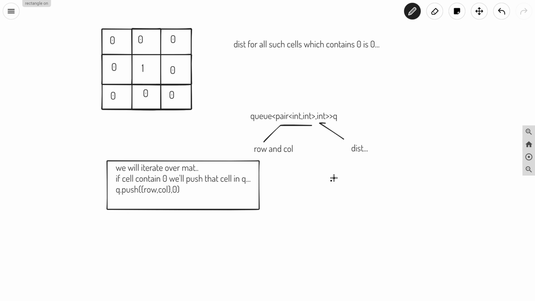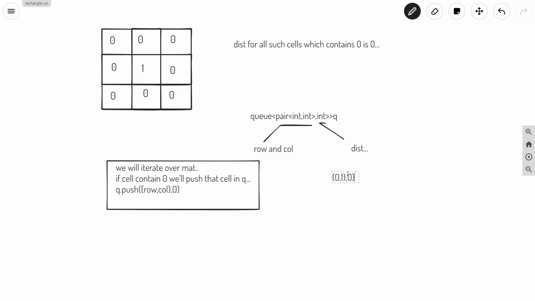Let's say that element is 0 comma 1, and the distance is going to be 0. So basically this is one of the elements.